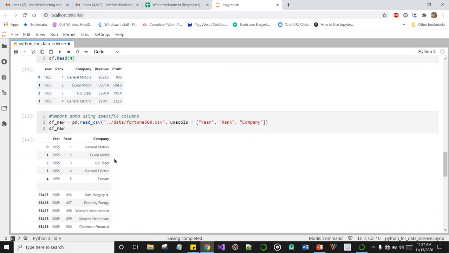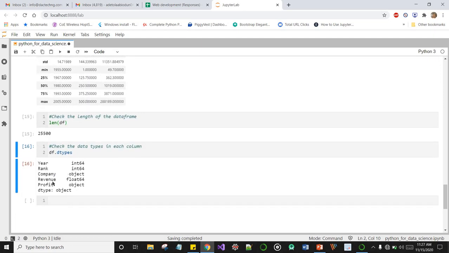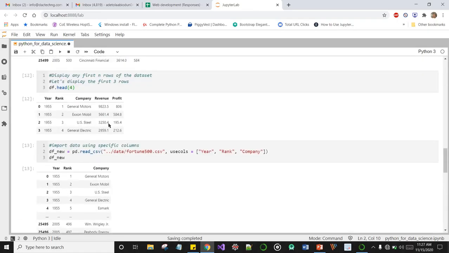Okay, revenue are floats. And profit, wow, profit is seen as an object. There's a problem, because our profit column should actually either be an integer or float, because we have numbers here, right?